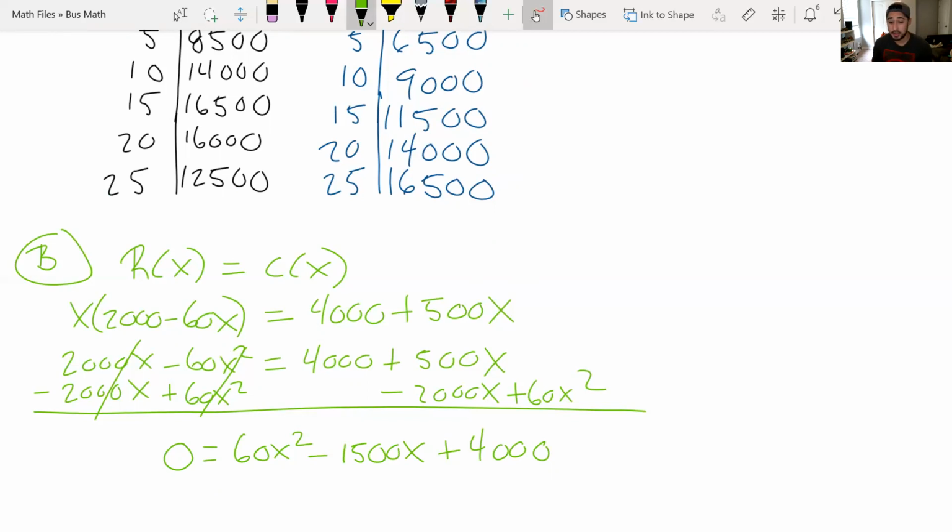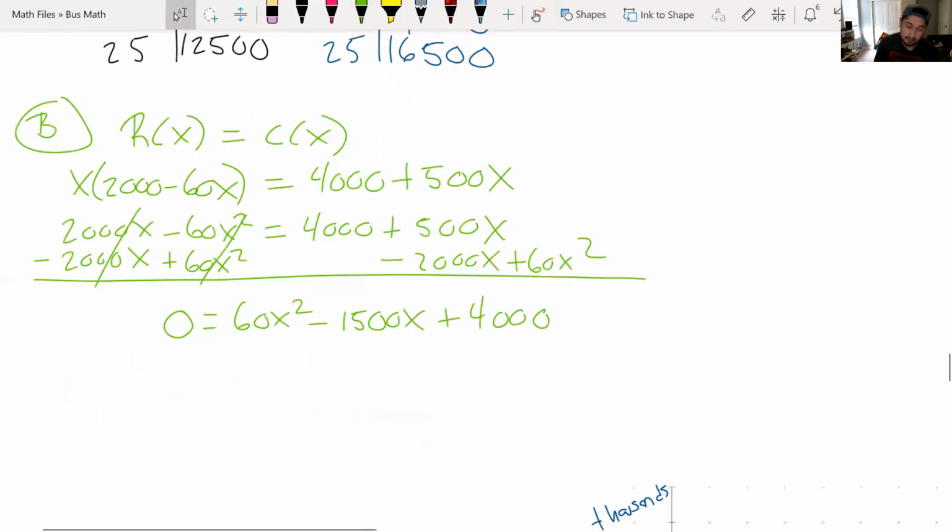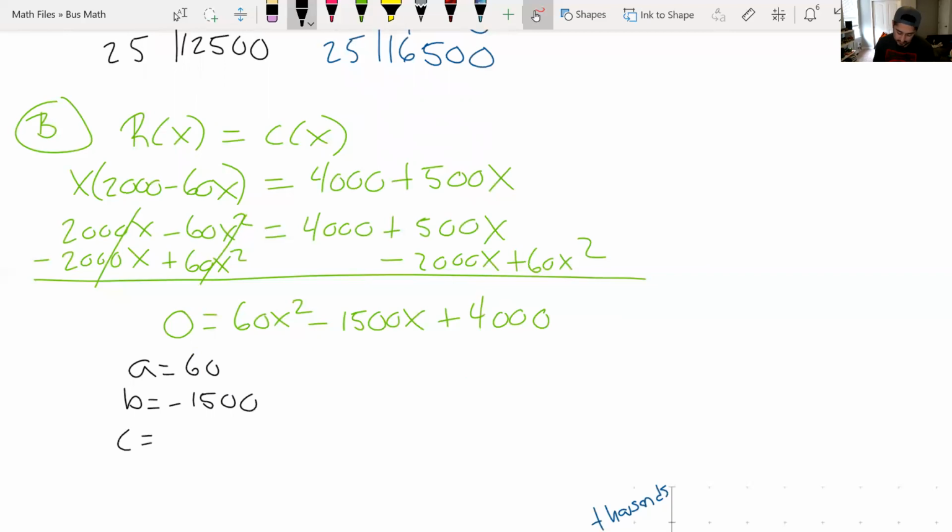Okay, so now, well, we don't want to factor this, so we apply the quadratic formula to all of this, which means label A, B, and C, which I'll do in another color. A is 60, B is negative 1,500, C is 4,000. Okay, now plug these into the quadratic formula,